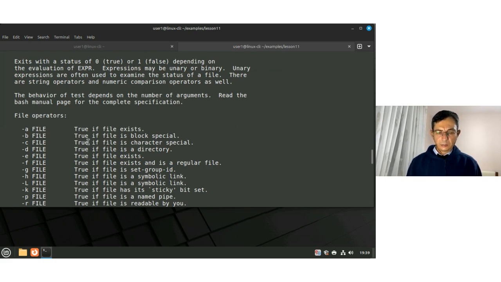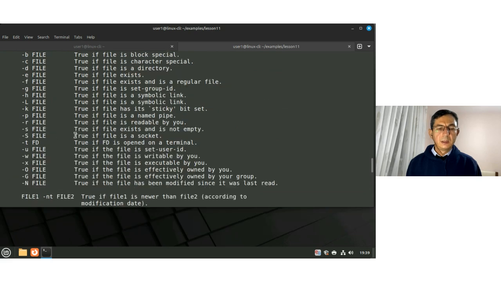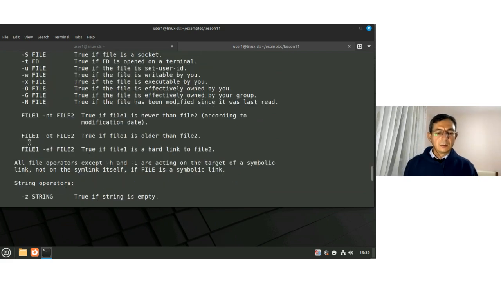And we have seen some of these options. But we can also use this newer than. If file 1 is newer than file 2, then the test will be successful or will succeed. This is older than,